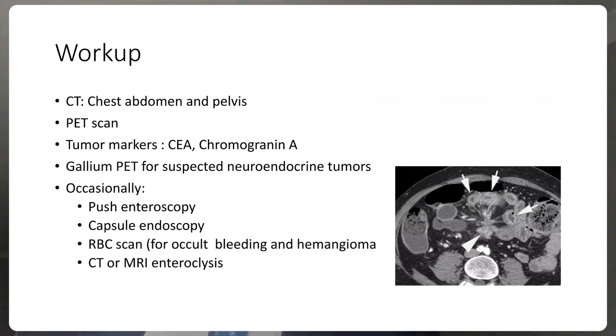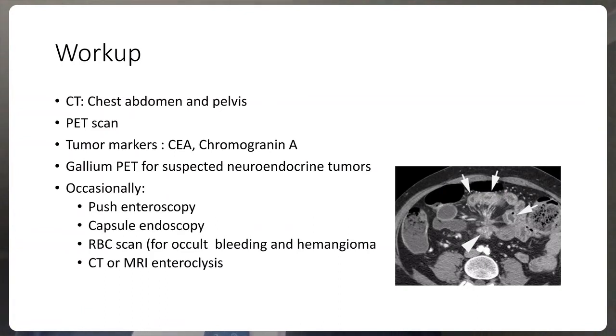Now, push enteroscopy can sometimes be utilized in occult GI bleed. It's not commonly used because it's quite labor-intensive and difficult clinically to implement. However, we also have capsule endoscopy, which can be swallowed by the patient and then retrieved afterwards. The movie that is obtained from that camera and the capsule gets analyzed to see if there is any lesion in the small intestine, which in fact has revolutionized the field of investigating patients with occult